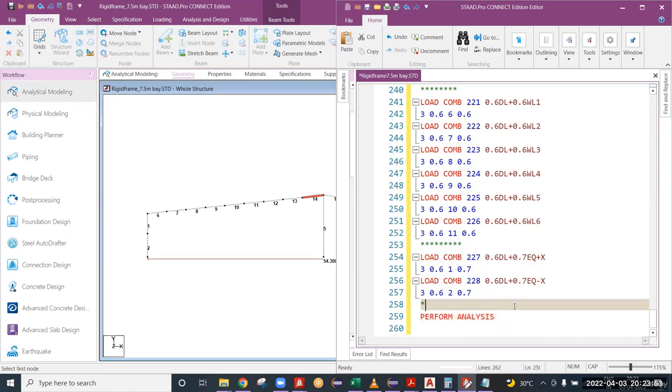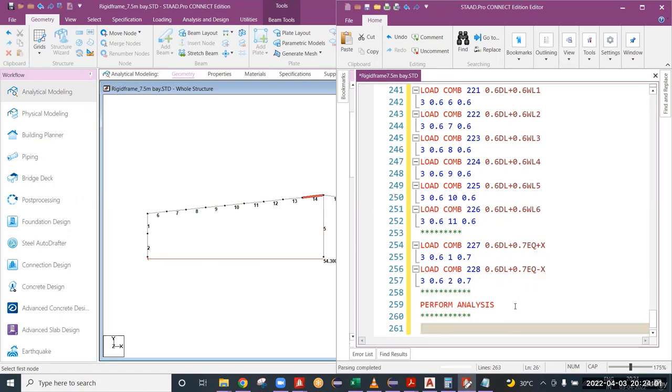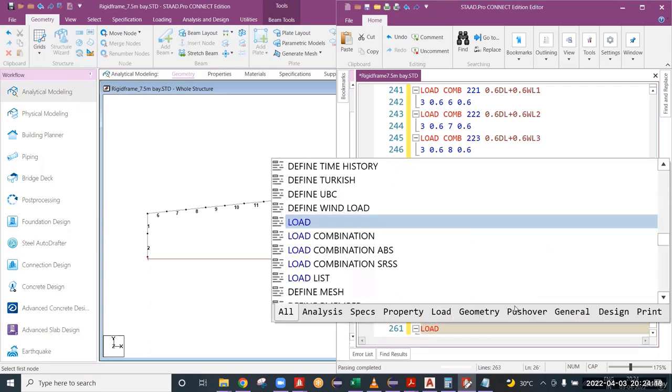So this is a change in step. I'm commenting here. But you have to design for one methodology only. You should not design for all these combinations. Either you have to design for allowable stress design, or you have to design for limit state, load resistance factor design. So whichever methodology you can take, like that. So I'm taking